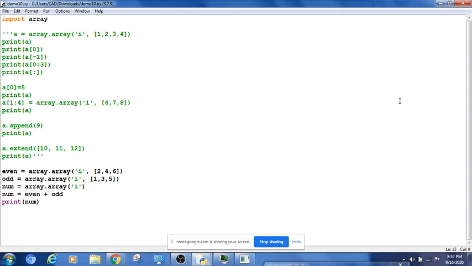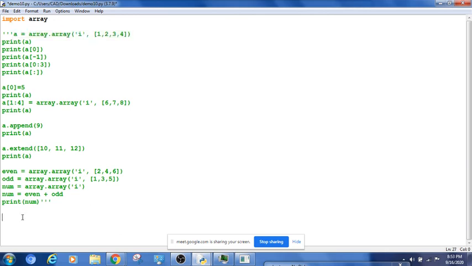So we have seen how do we create an array, how do I access the array, how do I modify the array, how do I append one element at the end, how do I append multiple elements at the end. Then we have seen how do I join two arrays. Let's understand how do I remove an element from an array. Can I remove the element? If so, how? Let me comment out this also, and let's run this after commenting.